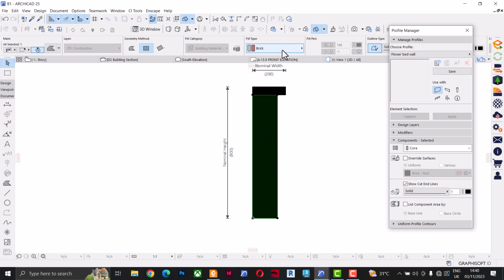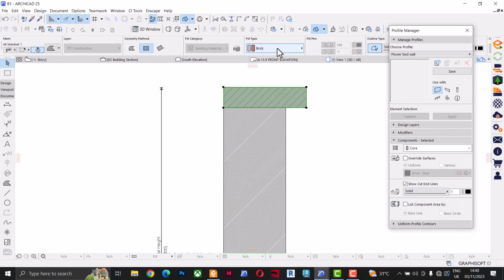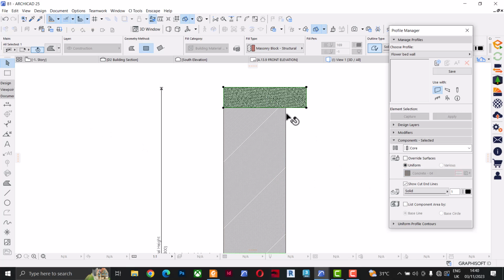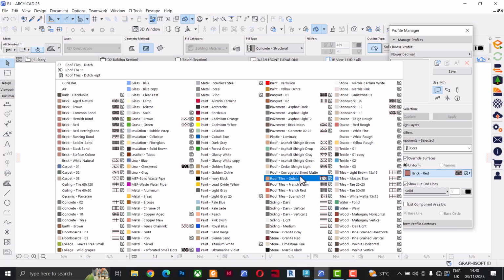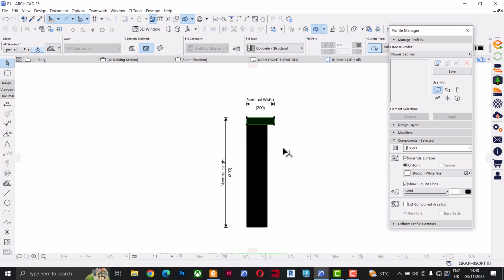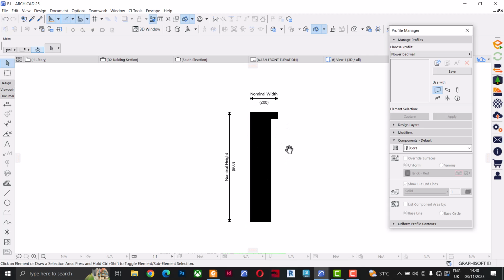Let's take the wall fill now. Let's change the material to masonry block, and let's make this concrete. Right. Now we can edit this and override the surface material. Let's make this red brick, and the slab, you can change it from brick to say, let's make it stucco white, right? So basically this is the profile, this is the section. If you cut that wall through, cut a section, this is what you're going to get. Let's save it